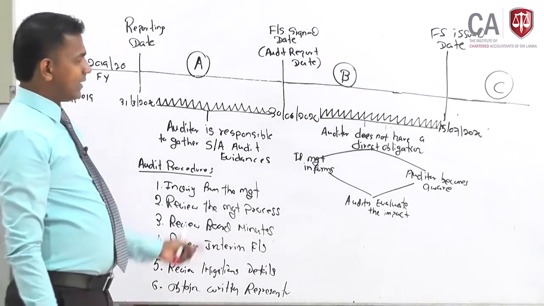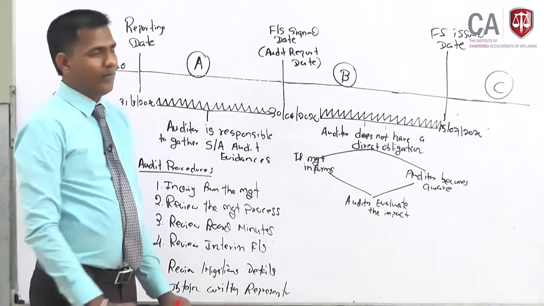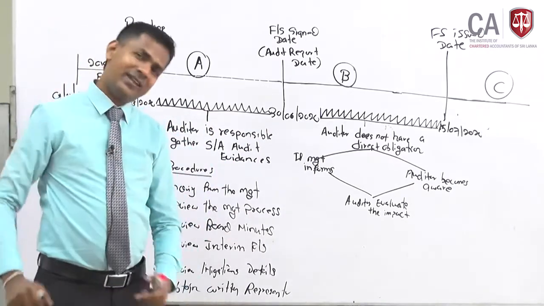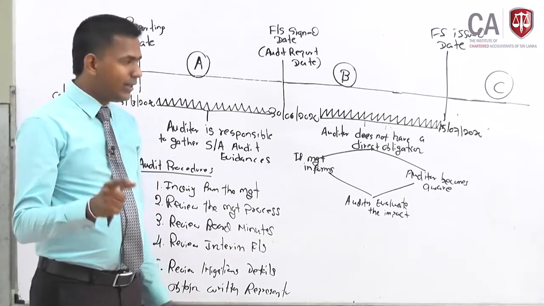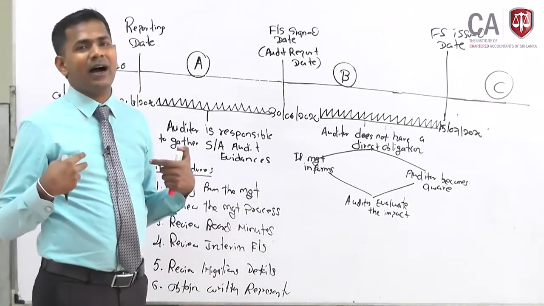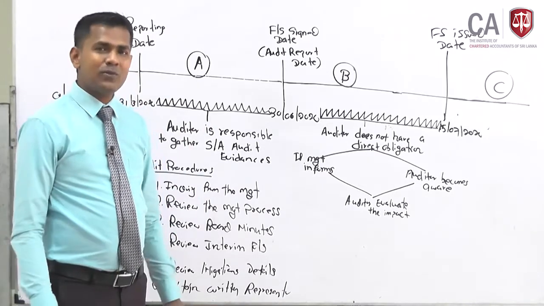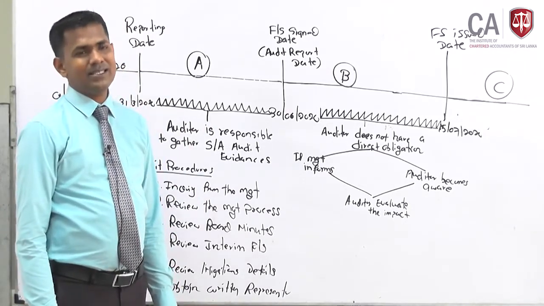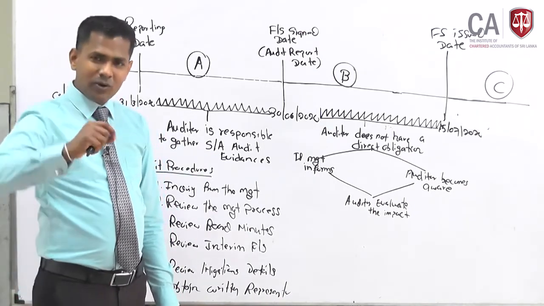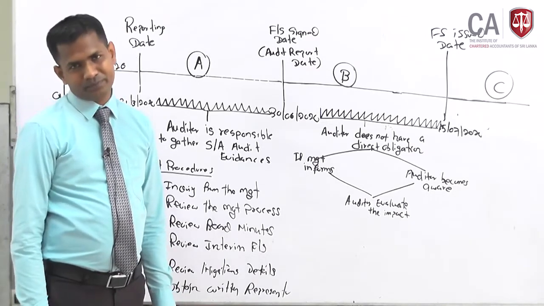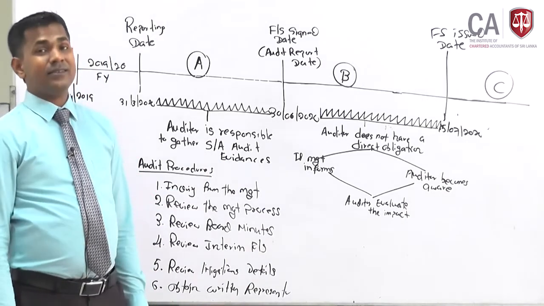Clear? If the auditor concludes that it is an adjustable event or a non-adjustable event, or that it has an impact on the finance statement, or that disclosure should be made, then the auditor goes to the management and says, look here, this incident you informed or I became aware of has an impact on the finance statement of 31st March 2020, so we may have to correct this now. So please correct the finance statement which you have prepared, and accordingly I will issue the revised audit report. Right? We go and tell the management, but